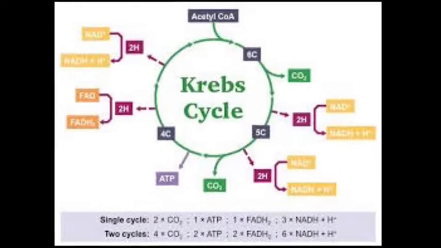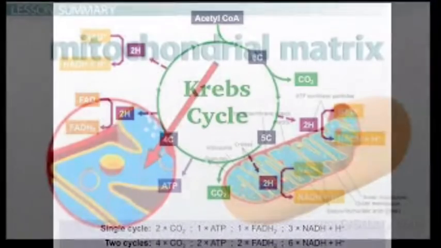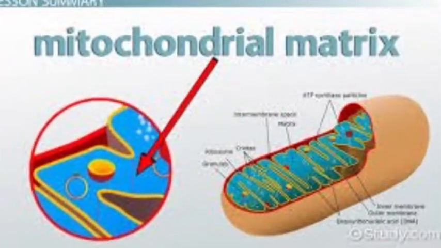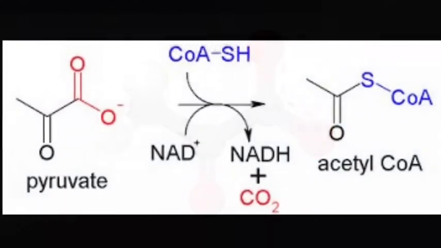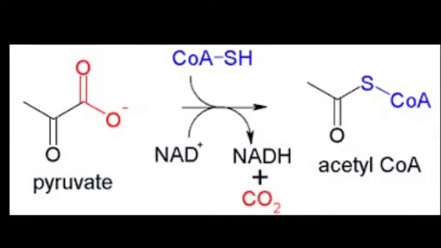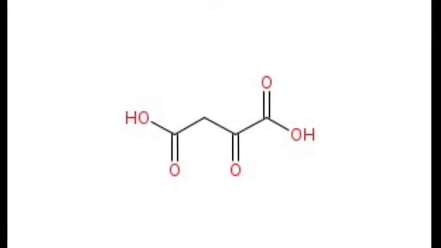Next is the Krebs cycle. Unlike glycolysis, the Krebs cycle occurs in the mitochondrial matrix. The Krebs cycle utilizes the pyruvate molecules that were made in glycolysis. The pyruvate is converted into acetyl-CoA. Acetyl-CoA will bind with the compound named